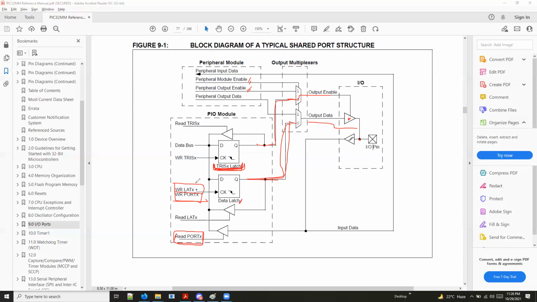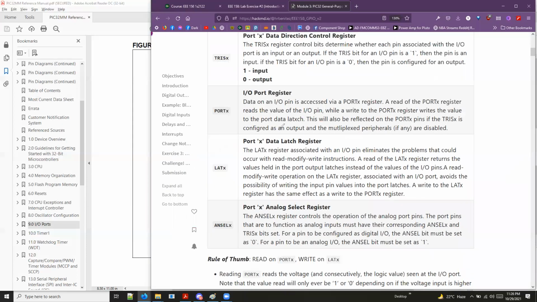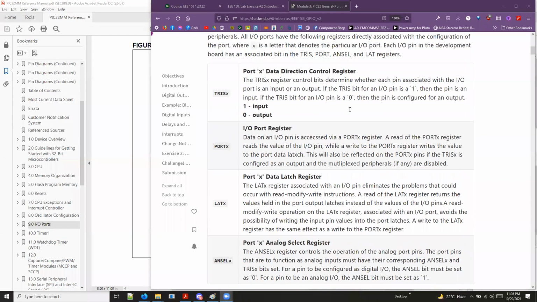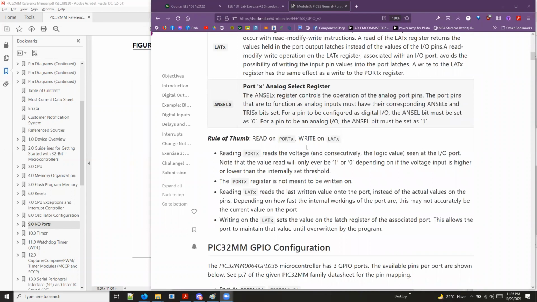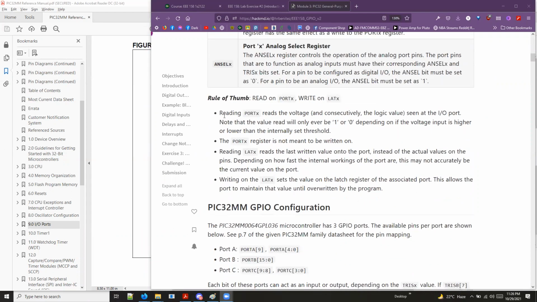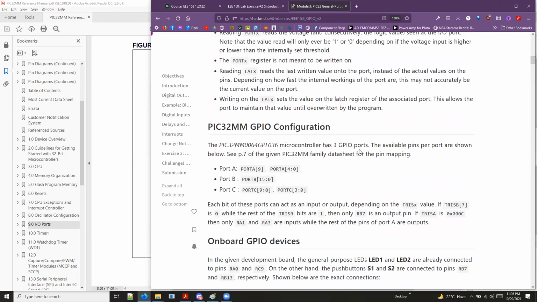So para na rin hindi tayo malito, pag input, ang PORTX, siya ay for input, and then for LATX, siya yung output. So, ayan. So yung kinuwento ko naman, basically yun lang din naman yung nandito sa ating module. Medyo mas wordy lang. Baka nga mas wordy pa ako, pero ayan, I think explained naman dito yung mga yan. And ayun nga,